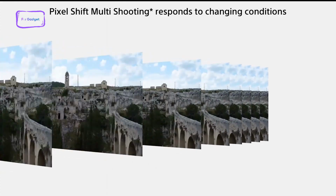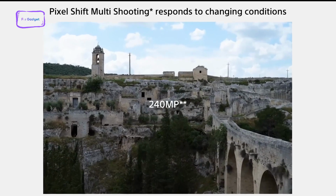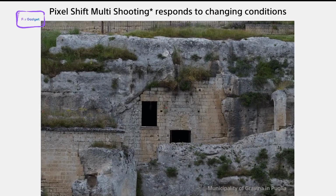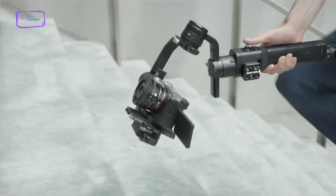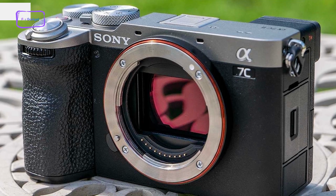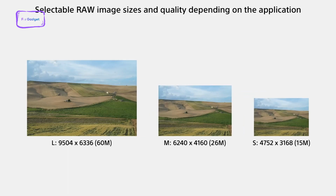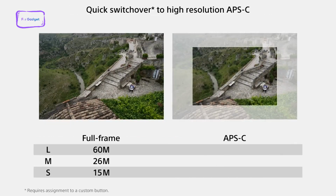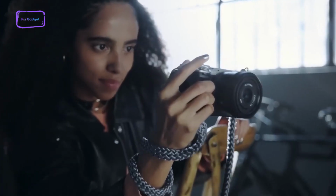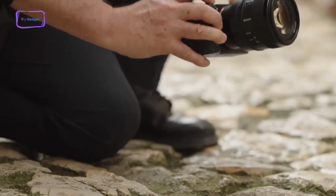Notably, the A7C R introduces a unique multi-shot mode, capturing 16 images that are merged using Imaging Edge desktop software to create a single high-resolution 241-megapixel image. This feature corrects for slight movements automatically, in contrast to the A7C II, which lacks pixel shift multi-shooting functionality. The A7C II inherits the lossless compressed RAW format from the flagship A1, reducing file size by 50 to 80%. Conversely, the Sony A7C R lacks this capability, and the A7C II offers slightly more advanced video specifications compared to the